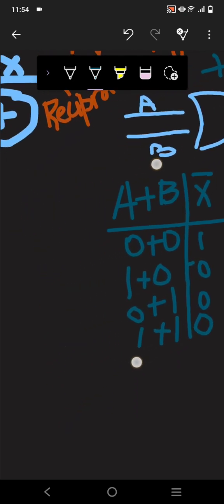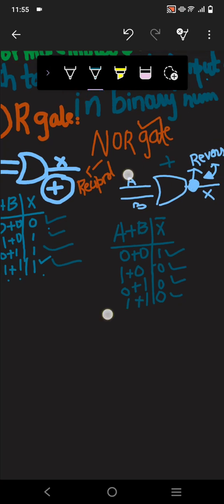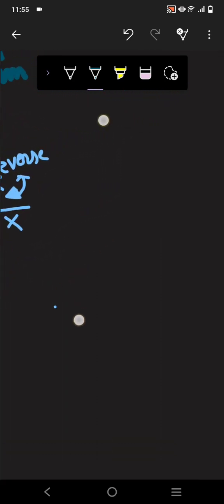Okay, you can compare. When the 0 is coming here, the 1 is coming. When the 1 is coming here, the 0. 1, 0, 1, 0. So you can see these are quite the reciprocal of it. Okay. So now we will be moving towards our next gate,